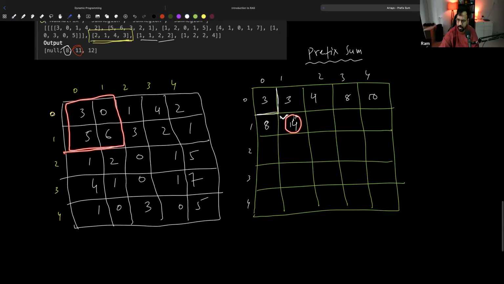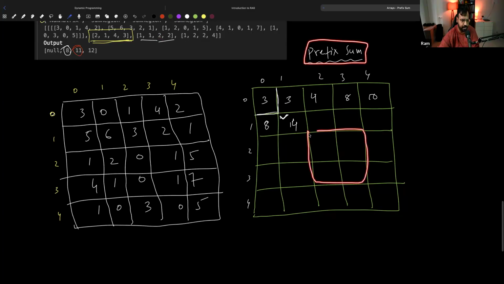This is one hint I'm giving you. Now try to fill this way and then see if using this prefix sum you are able to calculate in constant time or not. Otherwise, we'll continue this tomorrow. Try to fill this, and then once you have this prefix sum, try to see that if you want to find the sum of this matrix, then if you find this entire sum